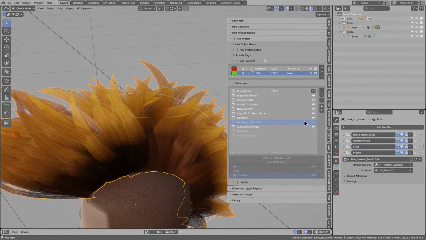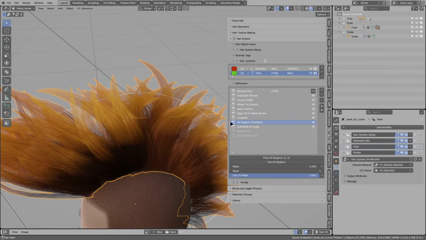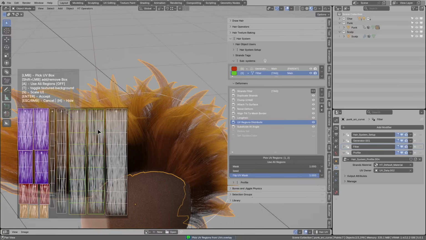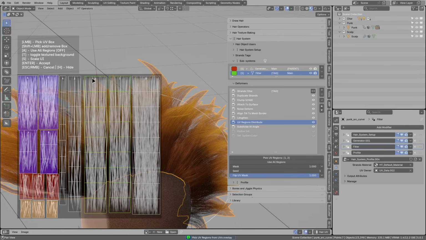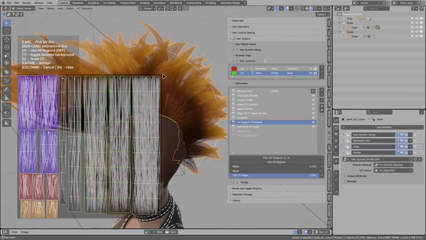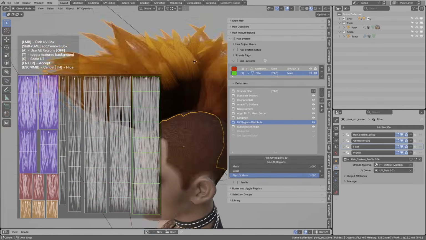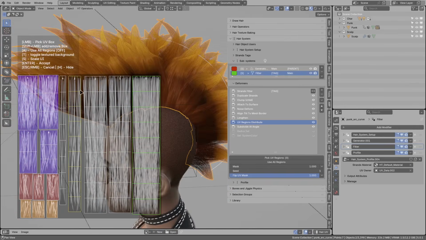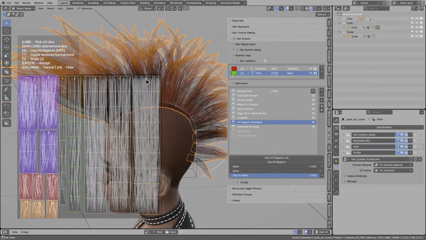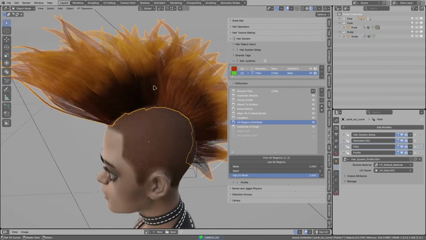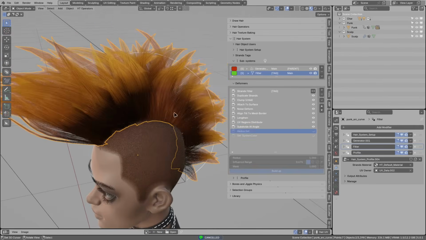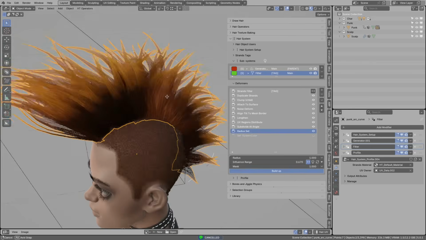There is also UV region distribute, where I manually picked UV region number 1 and 2. So if I show you, number 1 and 2 are those two UV regions. If I picked number 0, this is now too thick. Number 3 is too thin. So that's why number 1 and 2, they look the best. After that I tapered the strands a bit more,